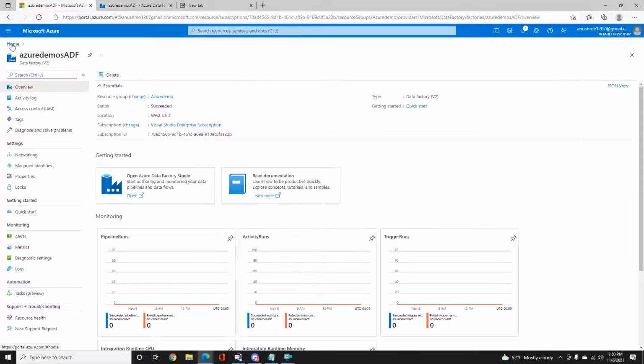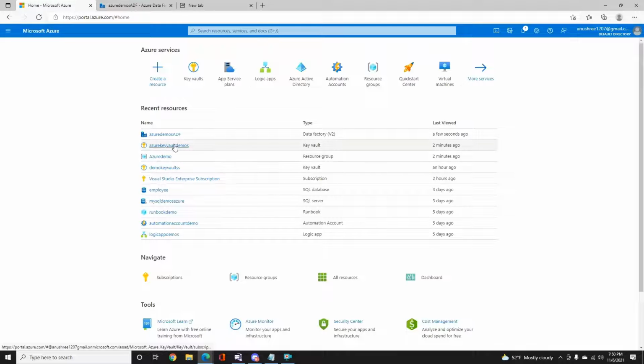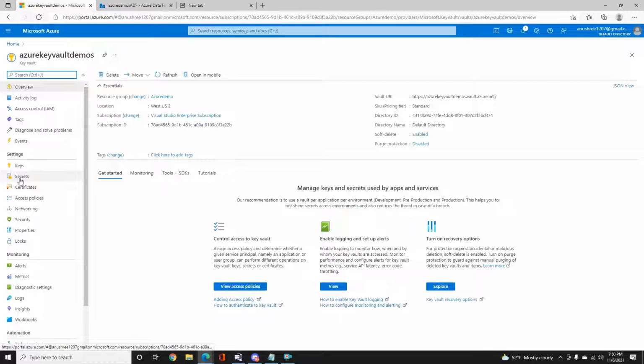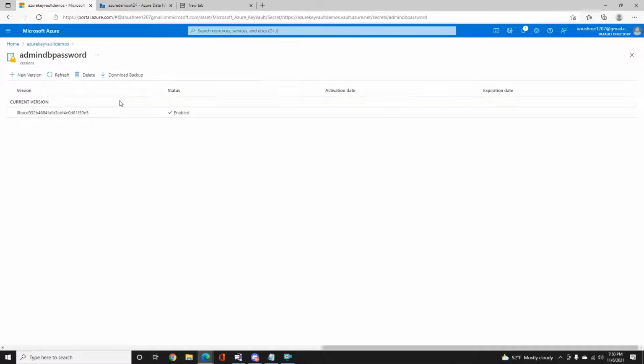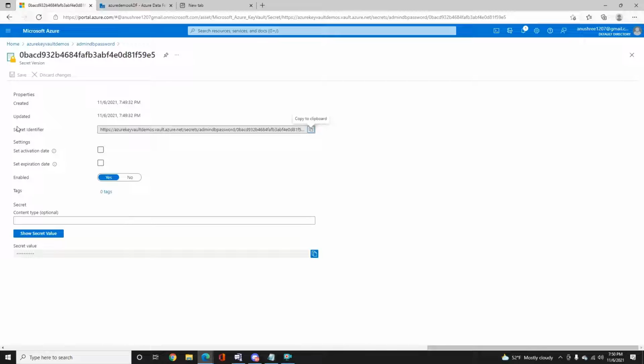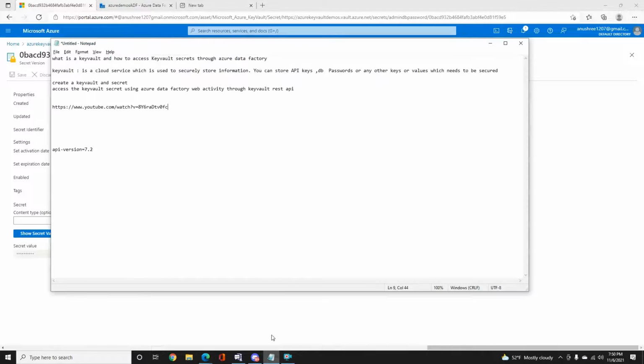So to call the API, I'll have to go back into key vault, go in secrets, click on the secret, and here you'll see it's a secret identifier. So I'll just copy the secret identifier, and at the end in the REST API, this is the query param which needs to be passed.